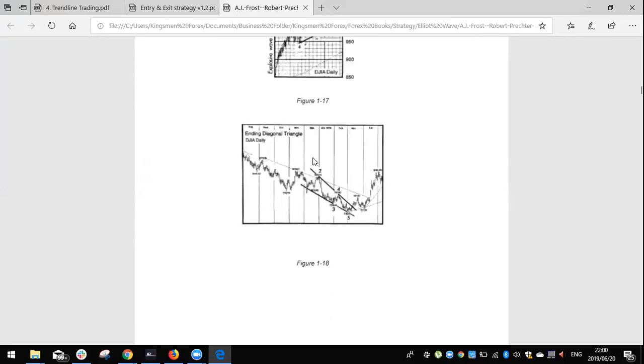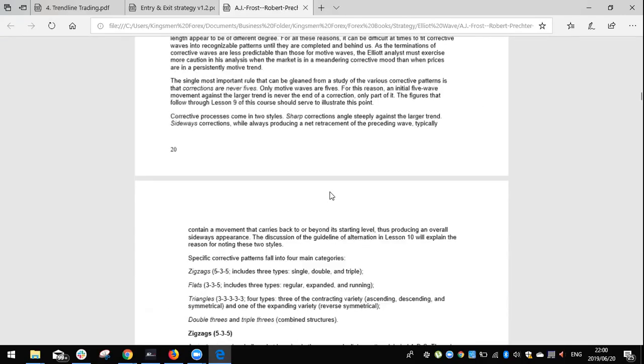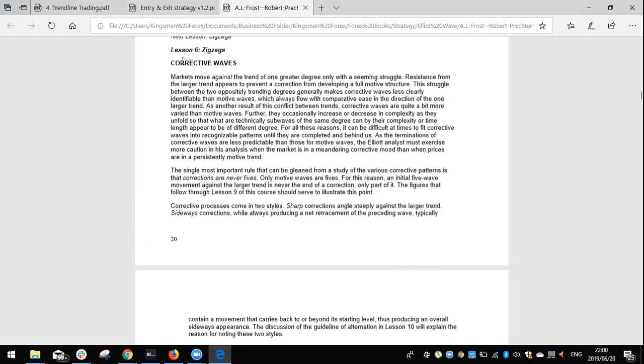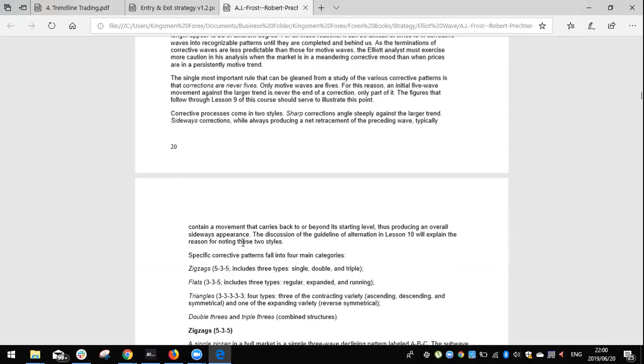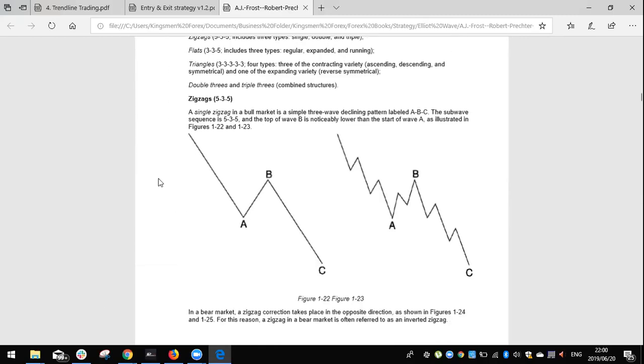Okay, this is a really good book. Okay, this one is a zigzag. It's the structure that I made an example with, because you can see in an uptrend you're going to have